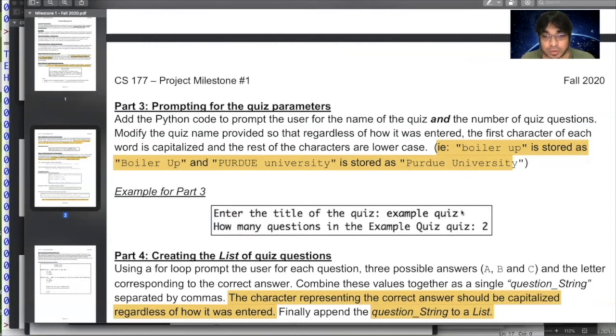However, what your program needs to do is make the first letter of each of these words uppercase. So boiler up, all lowercase, should be stored as Boiler Up with the B capitalized and U capitalized. Similar with this example with Purdue University.